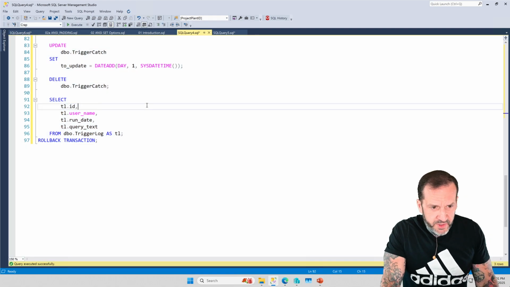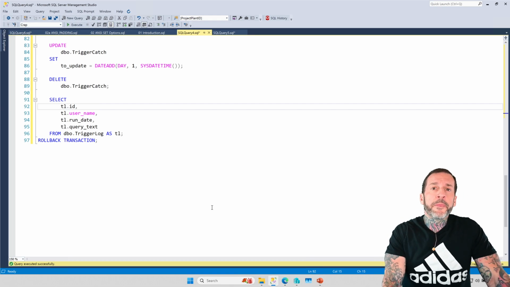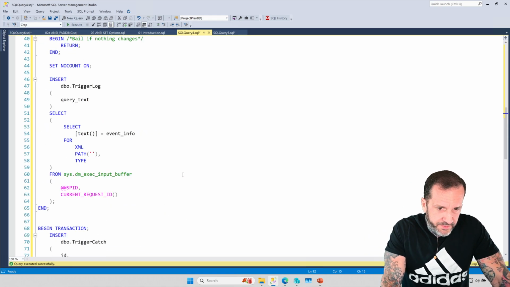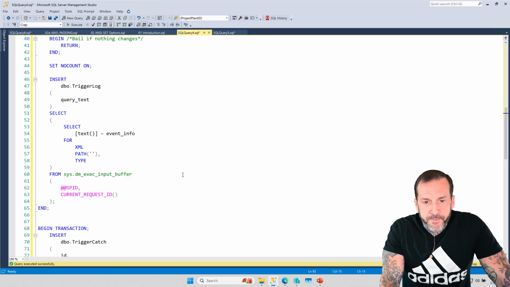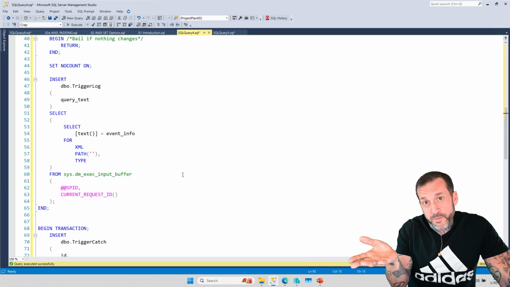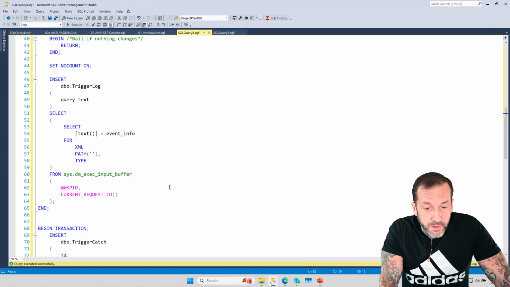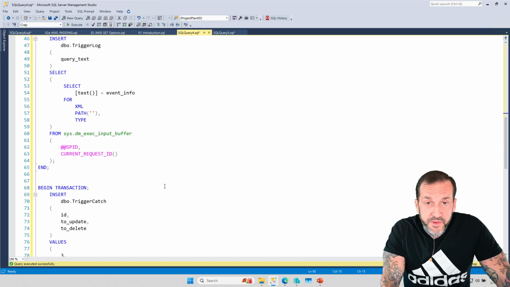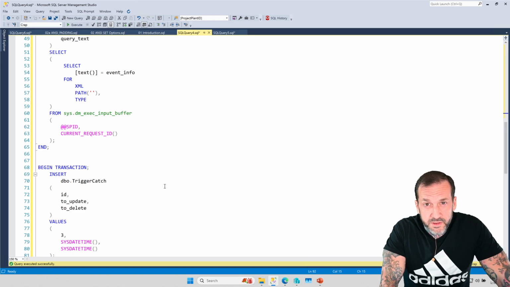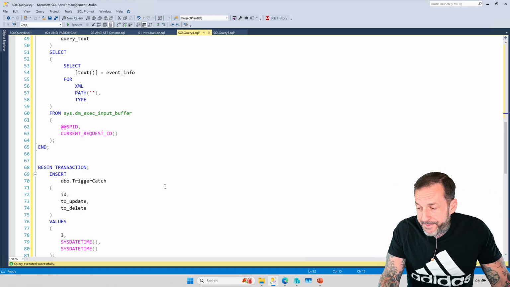Or if you just want to figure out what actually does something that this trigger cares about, this is a good way to do it. So, a pretty simple logging mechanism there. Again, not great for legal or compliance standards, depending on how rigorous those standards are for you, but I don't know. You could totally use this to, quick and dirty, figure out which statements are causing your triggers to go pow, pow, pow, pow, pow,